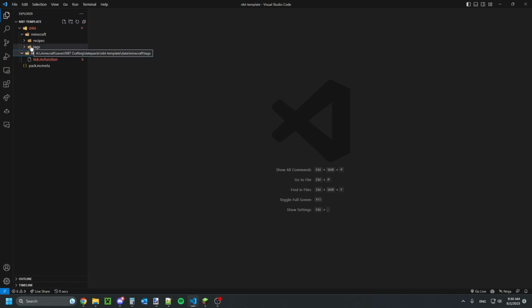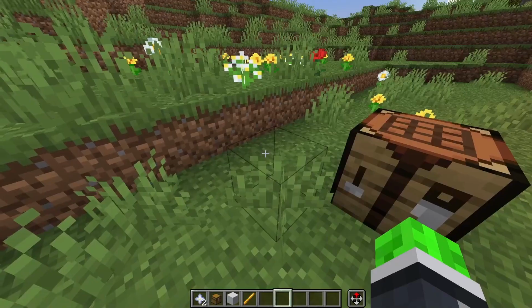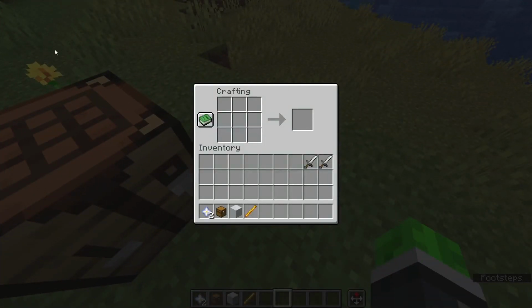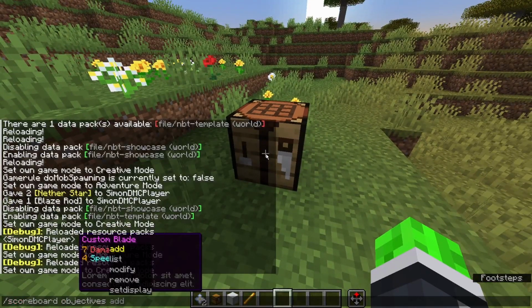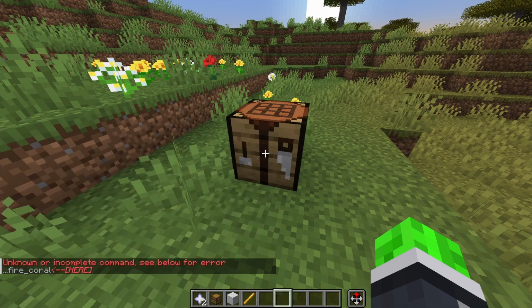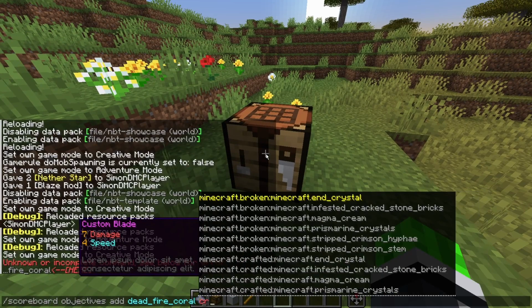Firstly, actually, before we do any of that, let's make a scoreboard. So we're going to want to have a scoreboard for when you actually craft this item. And we can add that by scoreboard objectives add the name, which you can call whatever you want. I prefer calling it with the actual name of the item, so I'm going to call it dead, what was it? Dead fire coral? Was it called that? And then crafted. Oh, you're going to have to type out